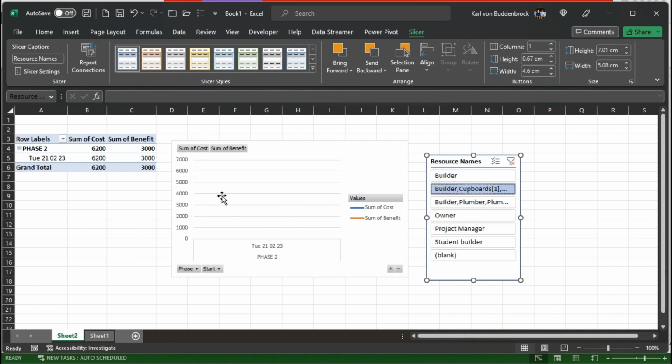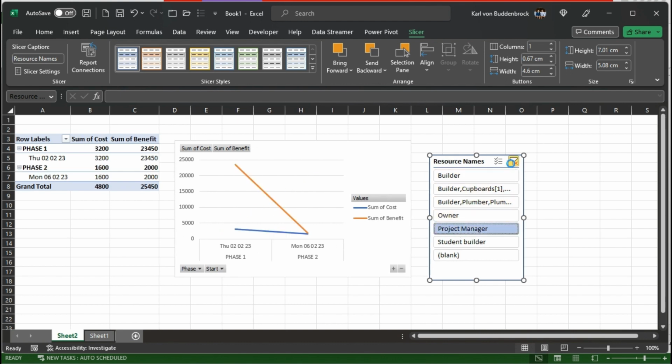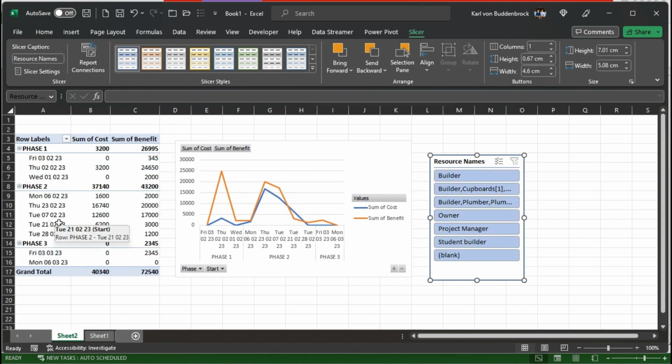Just the builder and cupboards, etc. Builder plumber, yeah, not great. Okay, not great. All right, but there is some stuff there going on there. Right, so yeah, there we go. All right, so working with cost benefit analyses at a very basic